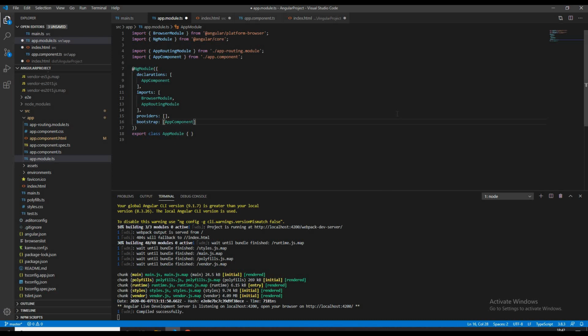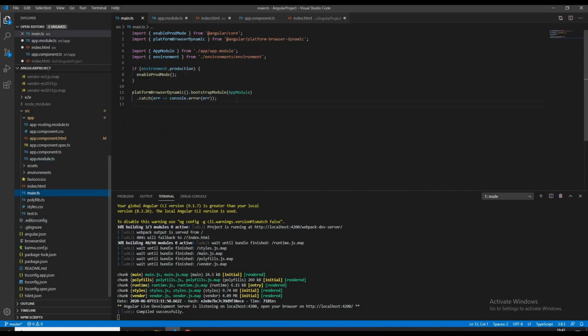It's a good question, right? Basically, Angular does not know about any of your files until and unless you mention them or register them. In main.ts file, we are informing Angular that, hey, in our application, there is a module called app module. Please remember this module and load this module when our application starts.